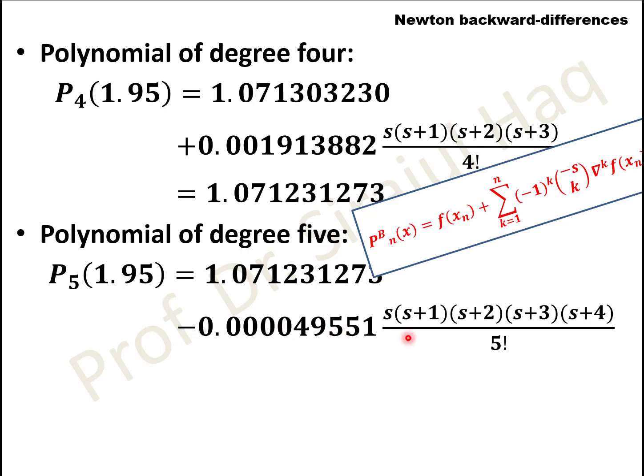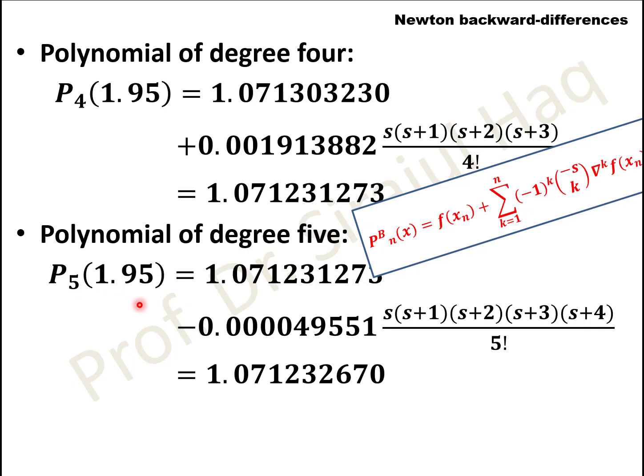And when you replace the value of s by minus 0.5, your approximated value is given by 1.0712326770. So remember, this is the approximated value of the function using polynomial of degree 5 at x is equal to